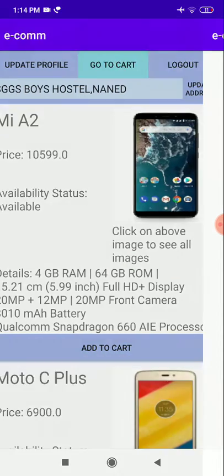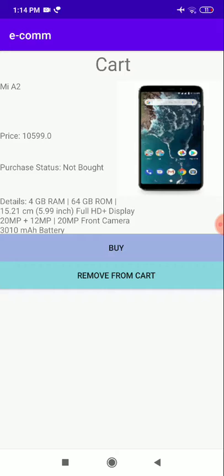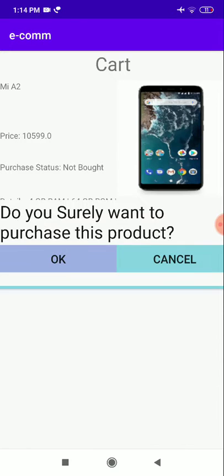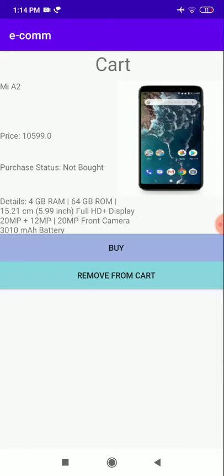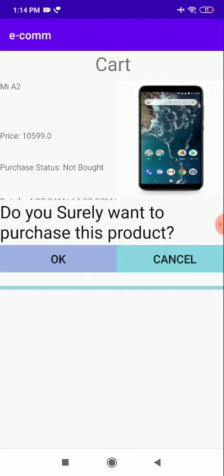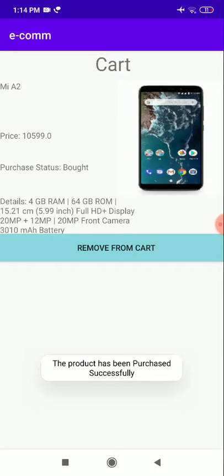then go to cart and buy the product, it will ask for verification. If we press ok, the product purchase is in progress, and the product has been successfully purchased.